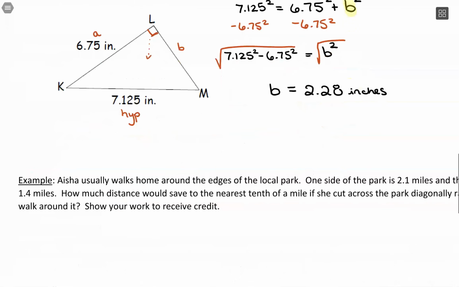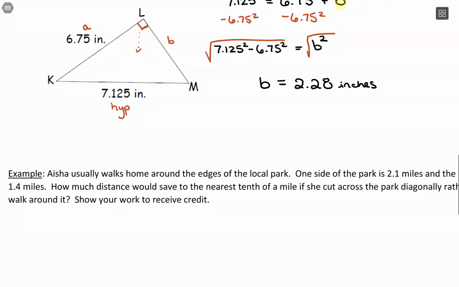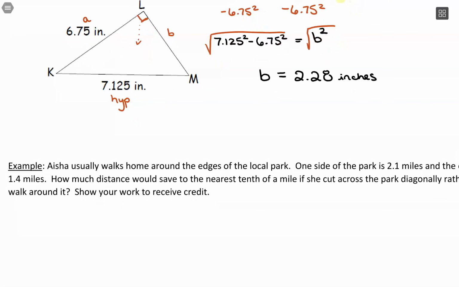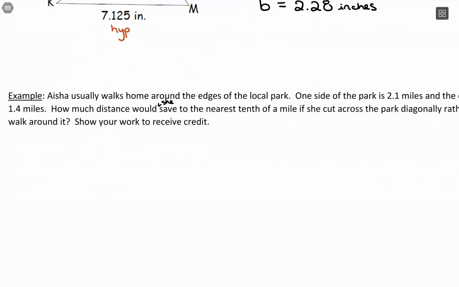So we have Aisha, who usually walks home around the edges of a local park. One side of the park is 2.1 miles and the other is 1.4 miles. How much distance would she save, there's a little word missing there, would she save to the nearest 1/10 of a mile if she cut across the park diagonally? So if I draw a little picture here,